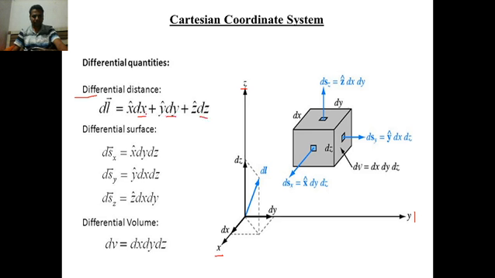Okay, dx, dy, dz. So what is the differential surface then? What is the differential surface along x direction? ds x bar, ds y bar, ds z bar. How will you find out this? We have already covered this in the previous lecture. Multiply remaining two differential lengths. So what exactly these differential surfaces are? Differential surfaces means it is a very small surface whose area almost tends to 0. The area of this ds z bar is almost 0. That means it is just a point.